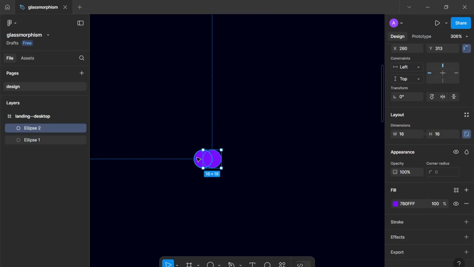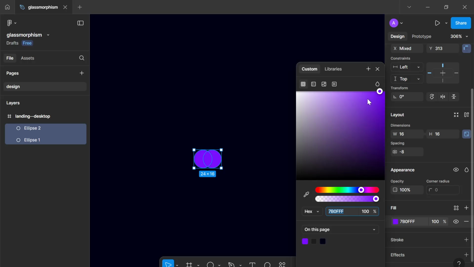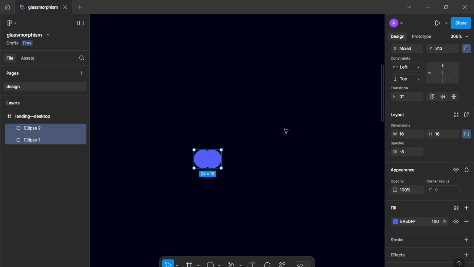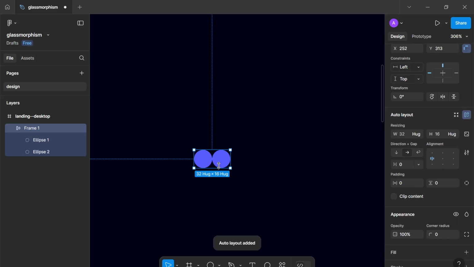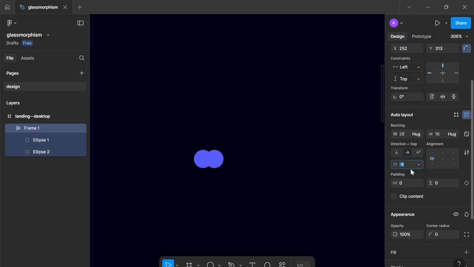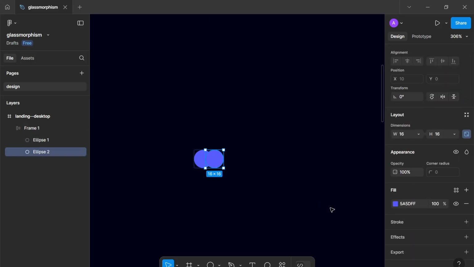Then we need to make our brand color more visible and have better contrast. So we can have this as our brand color. We can go here. We can also go here and lift the saturation and the lightness to make it more visible. And I do like this one, so I'm just gonna go with it, and I'm actually gonna give it a negative gap. And finally, I'm gonna take this one